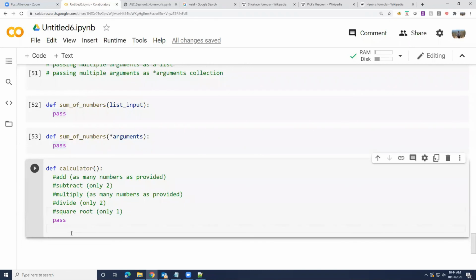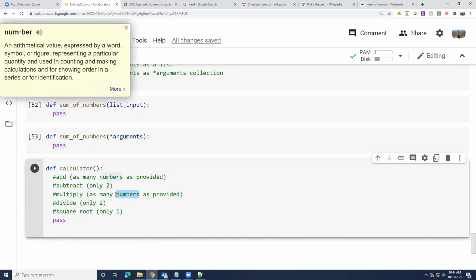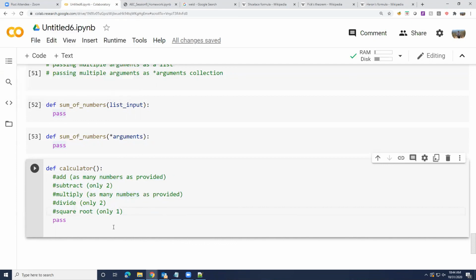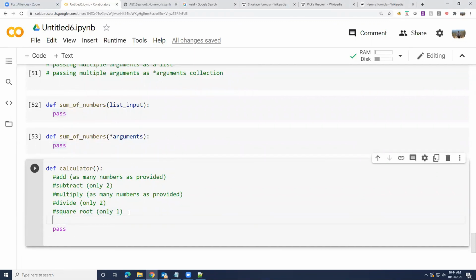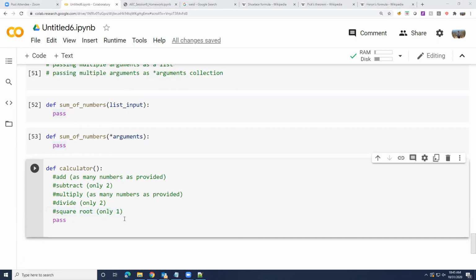So what is the absolutely necessary parameter in all this? As you can see, sometimes one number is sufficient, sometimes two numbers, sometimes many numbers. But what is an absolutely necessary parameter? Somebody said exponentiation is the same as square root, right? Yeah.